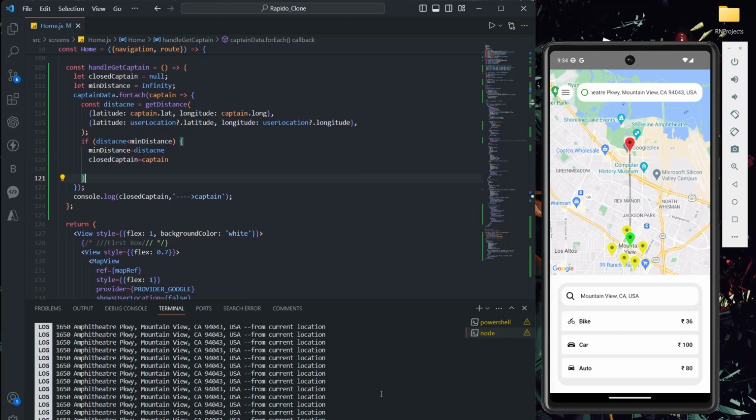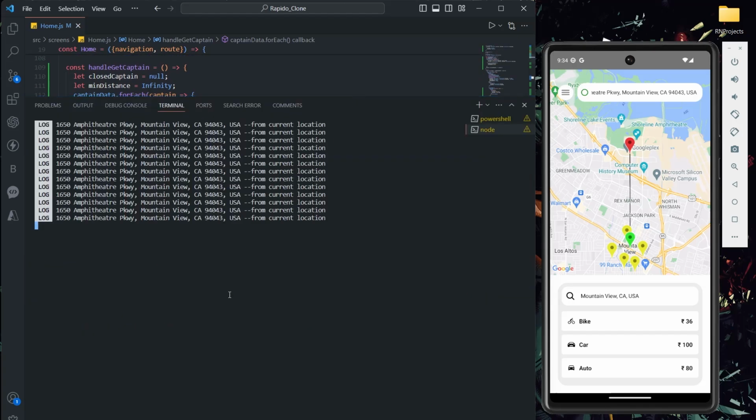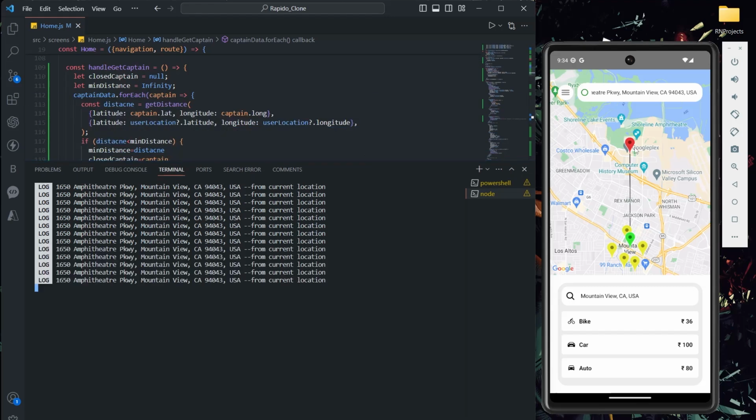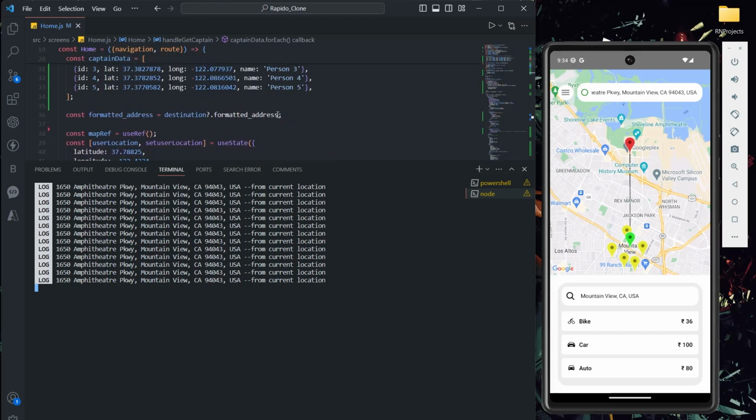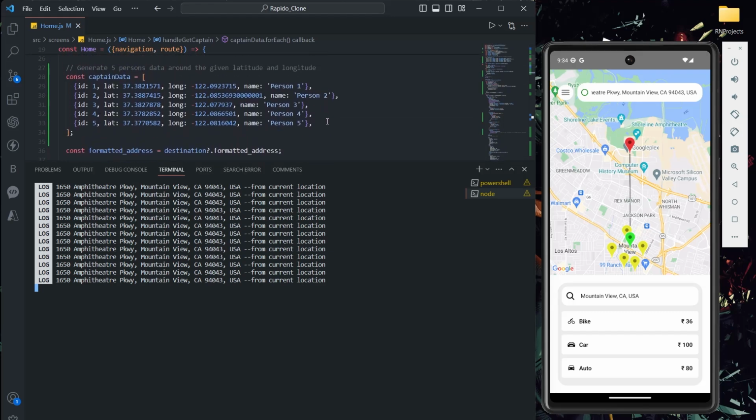So now let's check. Let me move my terminal up here, and this is my current location initially. The logic which I implemented in handleGetCaptain, I kept it for this red color marker only, not for green, because the captain has to be here actually. At the red color is the data which I have generated, but don't make this mistake. You guys have to create this data for your own current location. Okay, perfect. Now let me click on this.